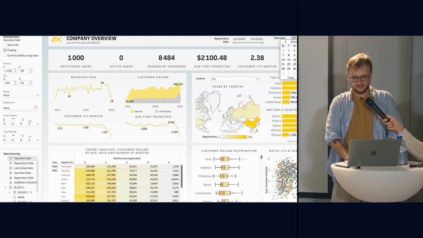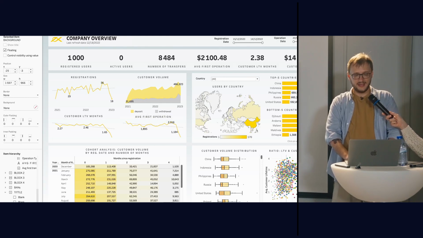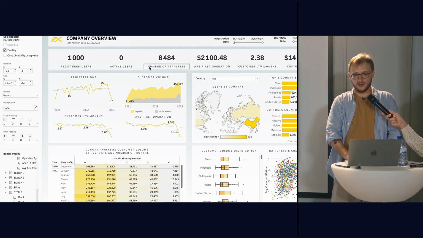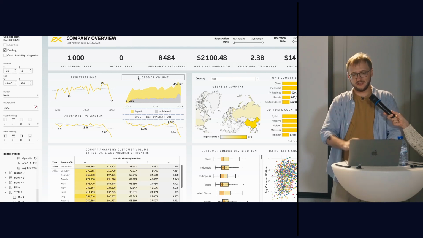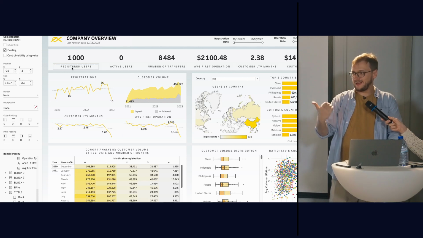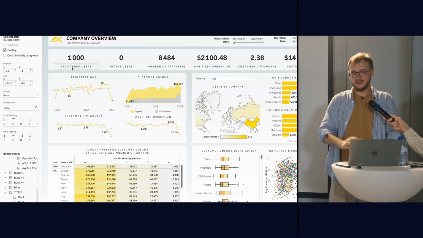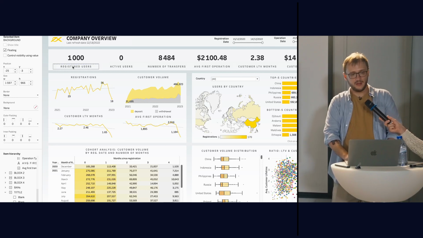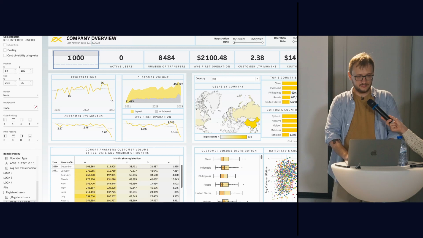Okay, so now we are done with the first row. Let's go to the second row. The second row is going to be our KPIs. And what rules are broken here? First of all, proximity rules. Our titles are much farther from the figures than they should be. And also we broke the F pattern, just because people first read the name of the metric, and after that they see the metric. Now it's like we need to go like that and then go backward. That's why we're going to place it like that.